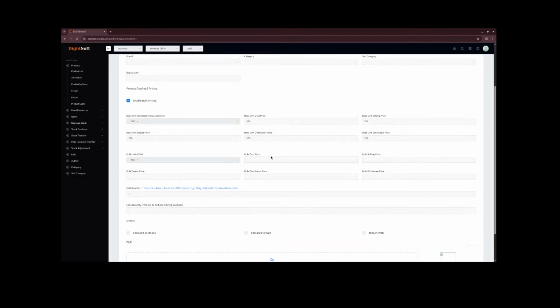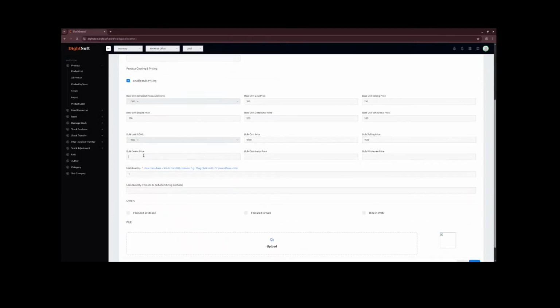So the cost of one bag is, let's say, 1,000, and you are selling one bag at 1,500. Okay, so this is the cost price, selling price. Then the dealer, how much do you sell to dealer? Maybe I sell 1,200. Let's just use 1,200